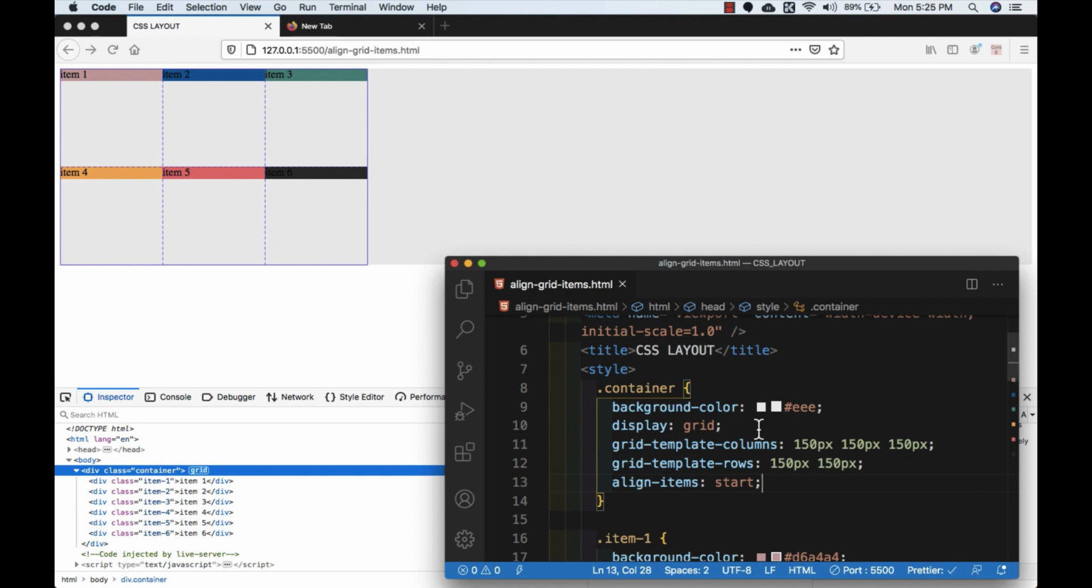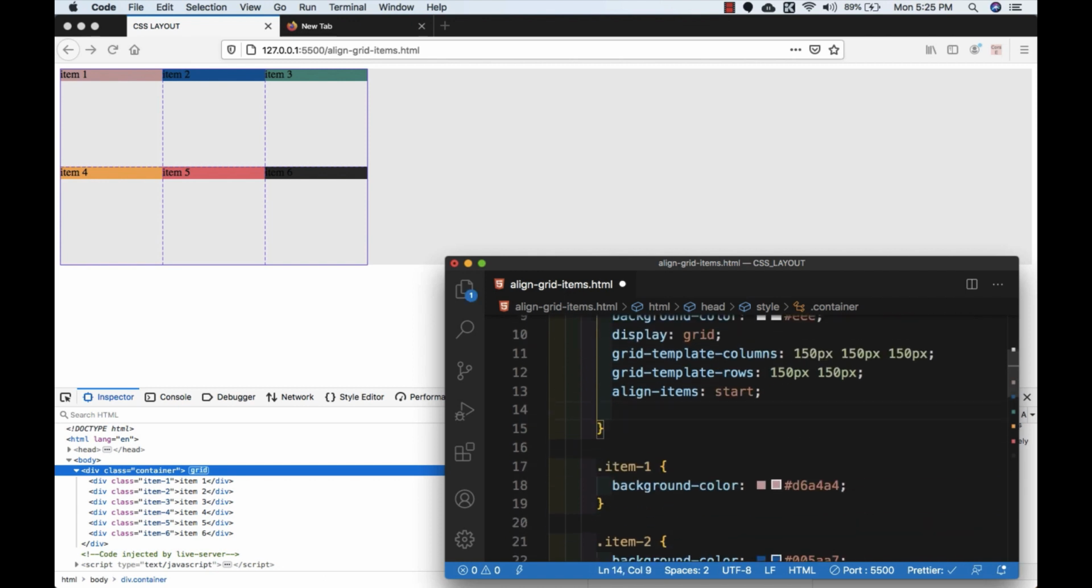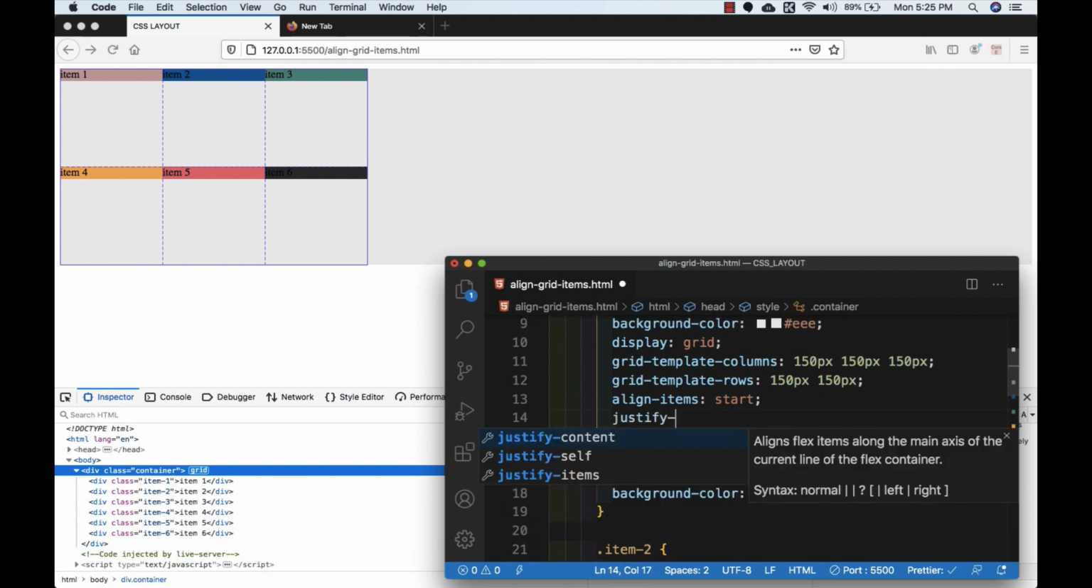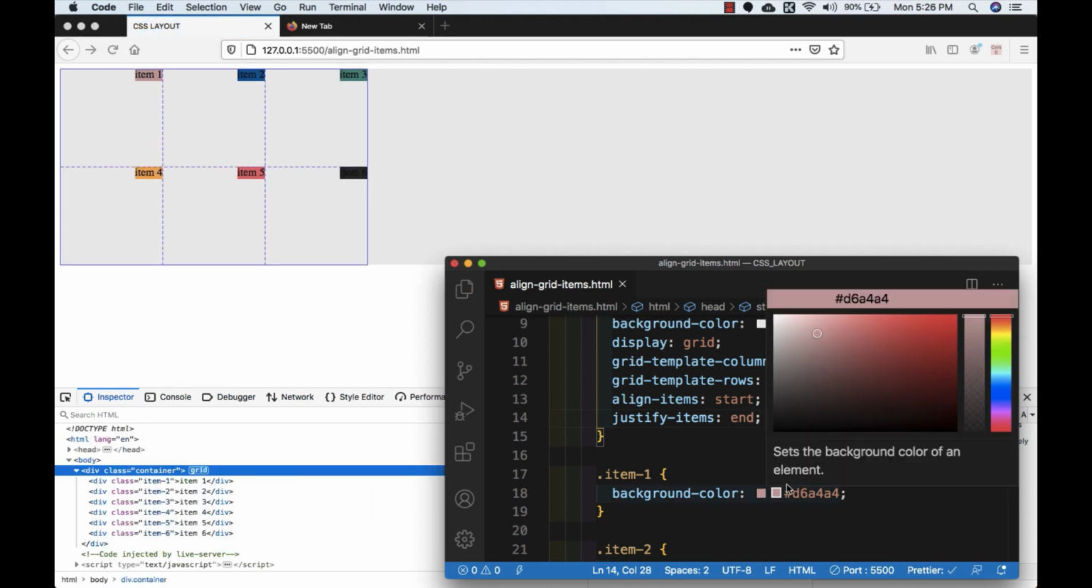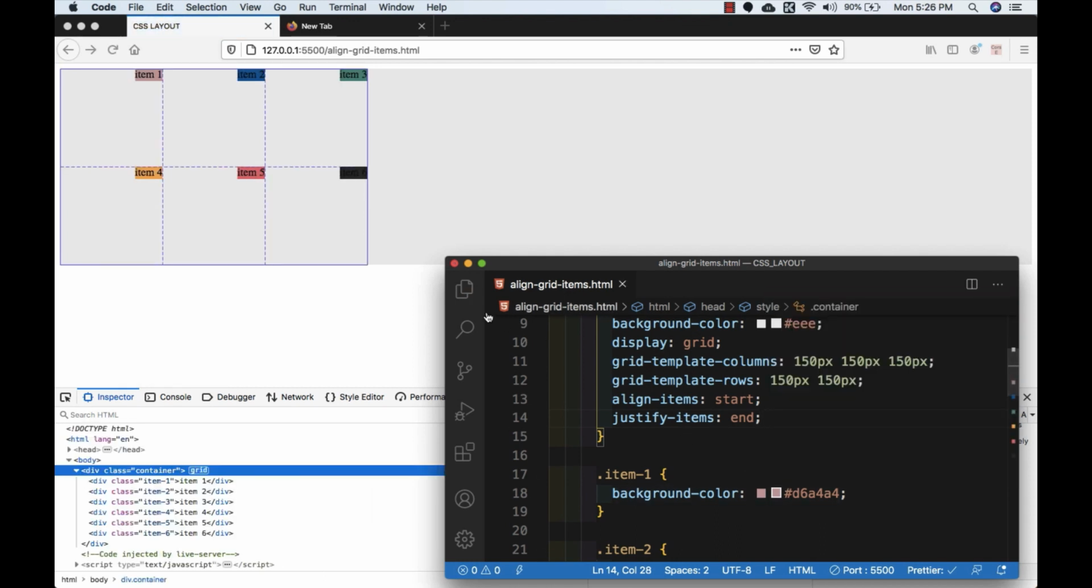Now let's check the second property which I told you, which is justify items. Justify is used to horizontally align grid items. So let's write justify items, and first we will start with the value end. If I save this, now if you look at our layout, our item is placed at the end horizontally and